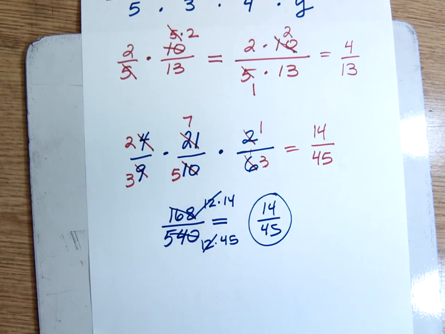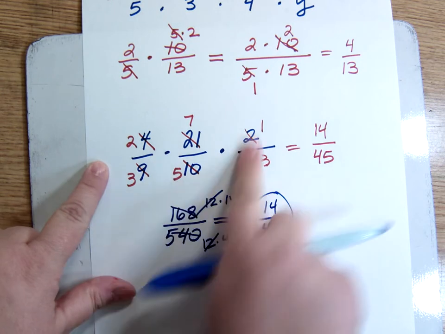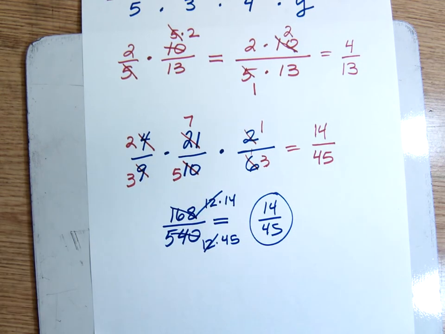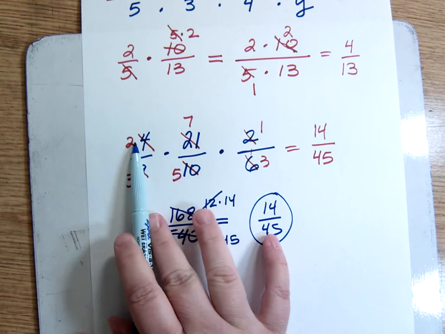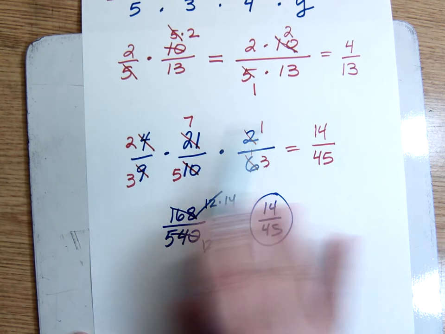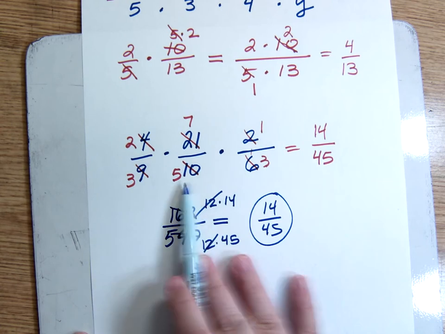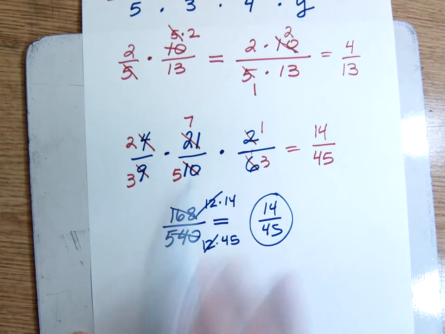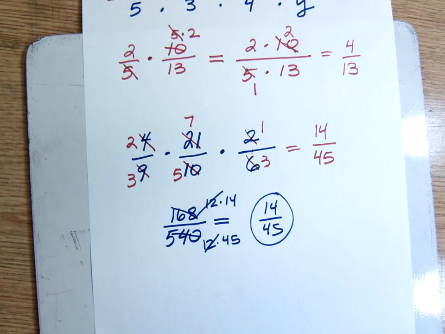Okay, so I can cancel beforehand, like I did up here, or afterwards. But the point I wanted to make to you is that when you multiply fractions, everything on top ends up being multiplied in the numerator, and everything on the bottom ends up being multiplied in the denominator, so you can cancel things that aren't directly on top of each other or on bottom of each other. Okay, so for instance,